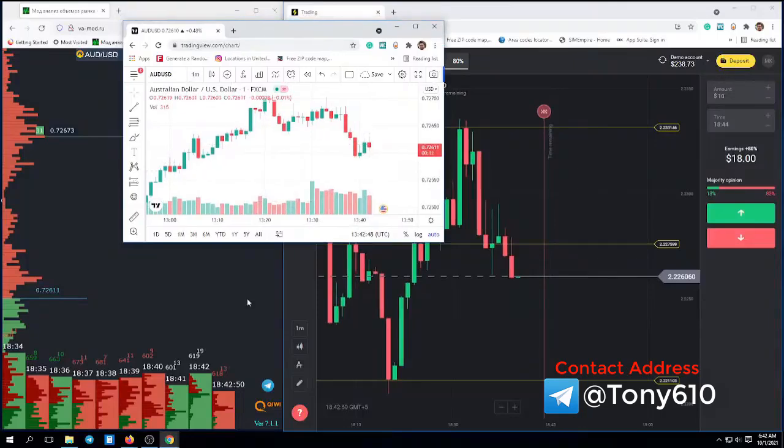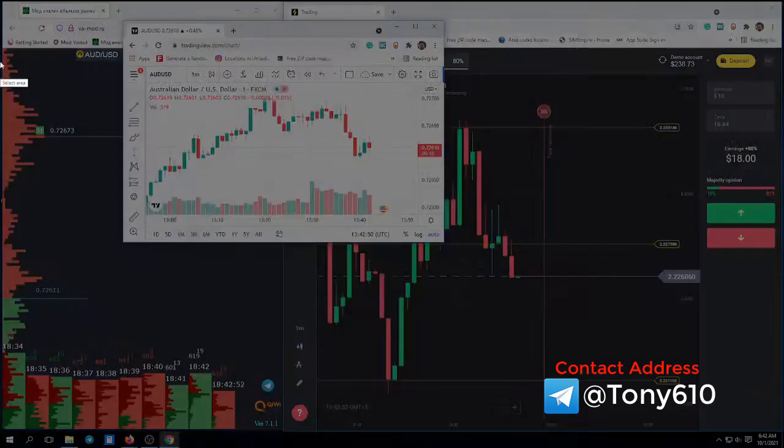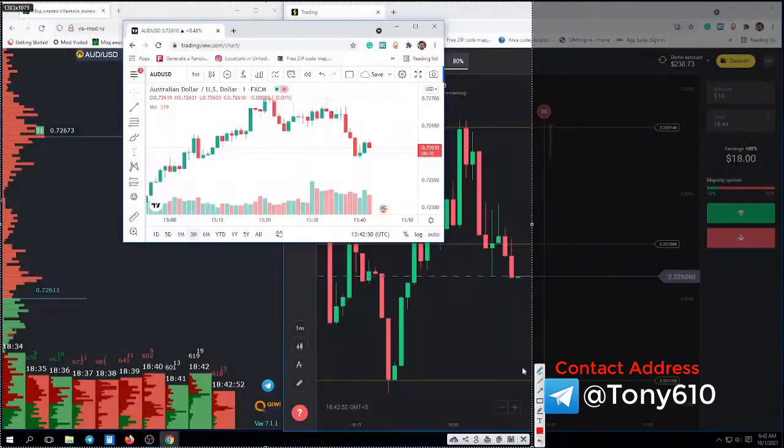So if you see here the VMOD, from here to here, here to here, and here to here, we have a high volume node here, a high volume node here, and a high volume node here. So in these volumes we have money, and here we have money. So the market